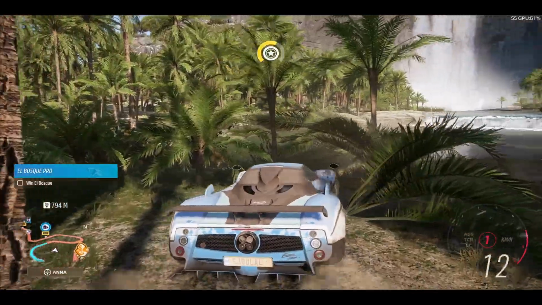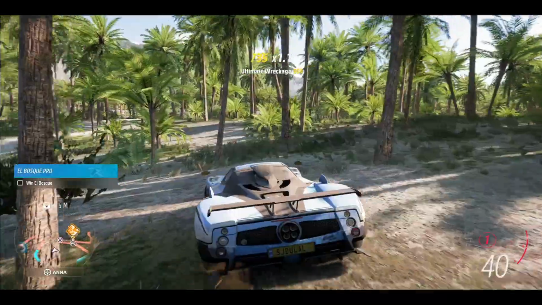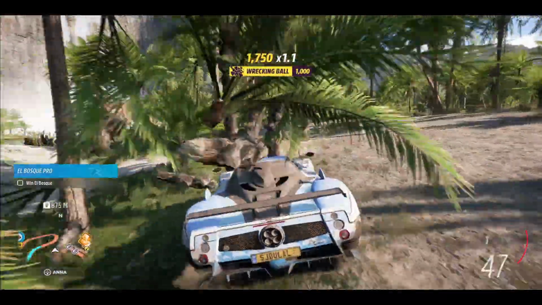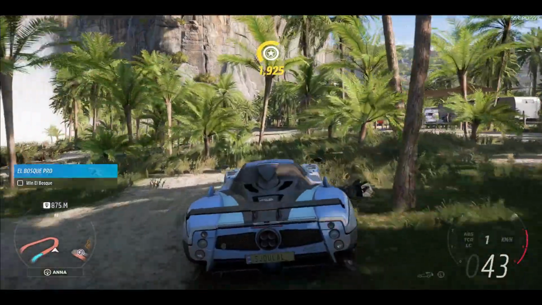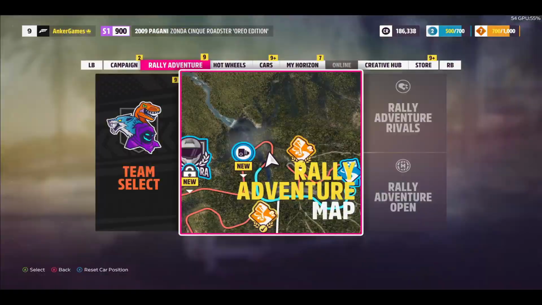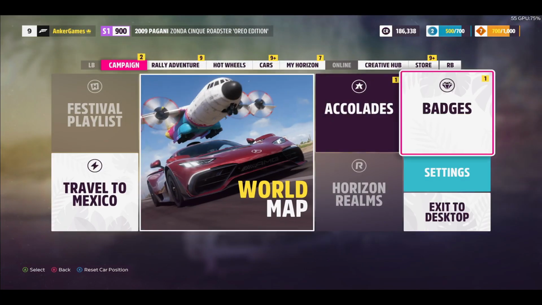First of all, open up the Forza Horizon 5 game on your device, and you may directly press the X button to go into accessibility/settings from the main menu. If you have already started playing, you can pause your game, go into the campaign menu, and then navigate to